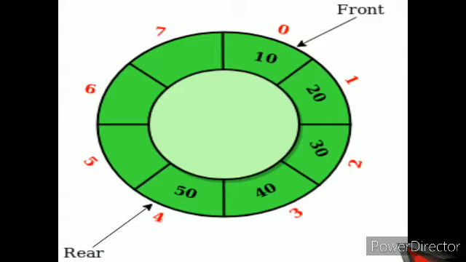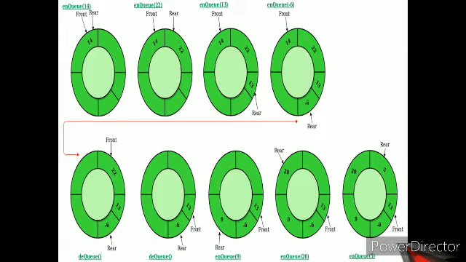So let's look at the working part over here. As we can see in this diagram, at the front, the 0th position, 14 has been inserted. So right now my front and rear are the same, which is 0. Next, enqueue, which is insertion in the queue, happens where 22 is inserted. So the front remains 0 and the rear moves to 22. Similarly, 13 has been inserted, with rear plus plus working.